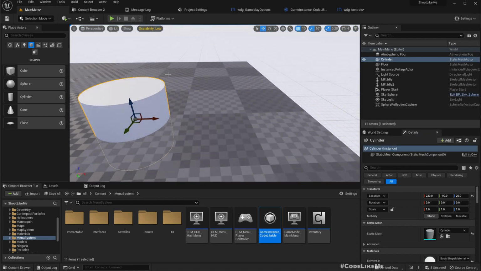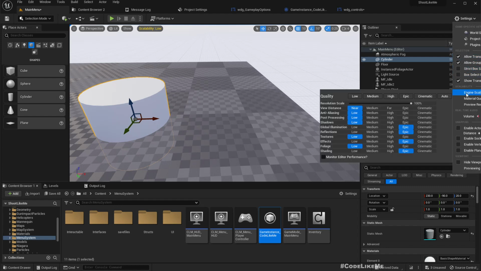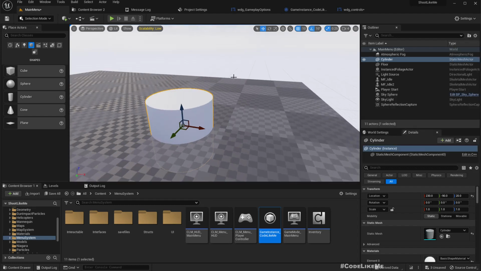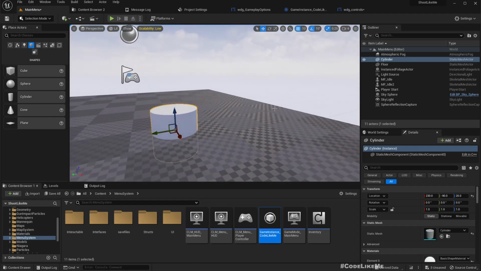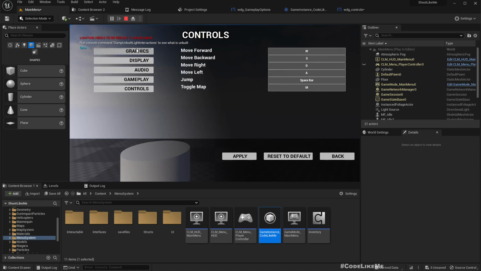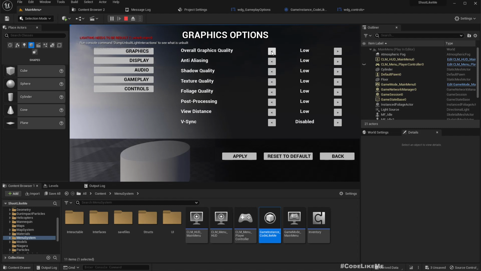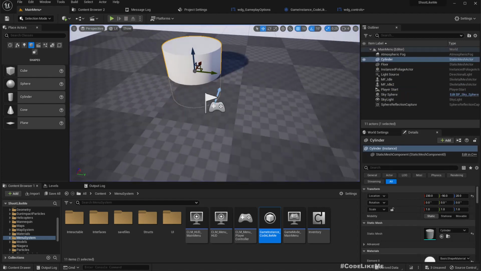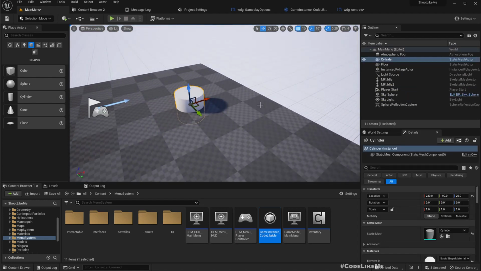Okay. Oh, by the way, I just noticed that here global illuminations, reflections, effects and shading, these are not changed because I haven't integrated them into the menu system. I will do that and release an update to the menu system. Okay, now let's see. Yeah, these things should have been saved. Let me go back to epic settings and apply. Yeah, things are working, but